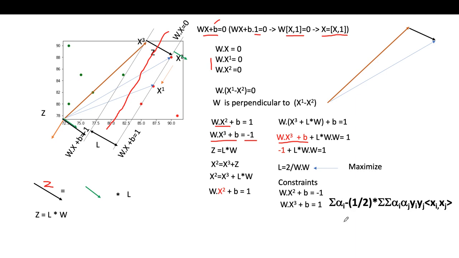Okay, so this optimization equation again tells us what the support vectors are. Using these support vectors, we can find w, the values of w, and also the width, the maximum width that is possible, and that is how a support vector machine works. And once we get w, we know the equation of this line is wx plus b equals 0. b is again a part of w, it's the bias term, so we can find both w and b. Okay, and that's it. So that's how we get a very wide margin in support vector machines, and it has been proved to be a very efficient classification algorithm.